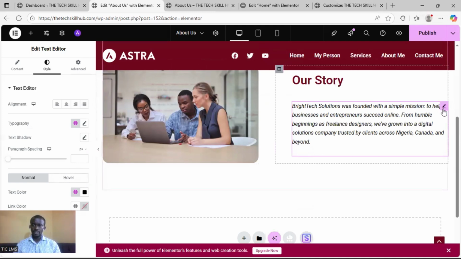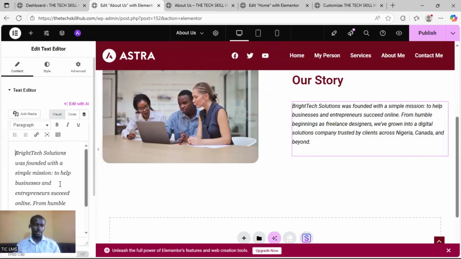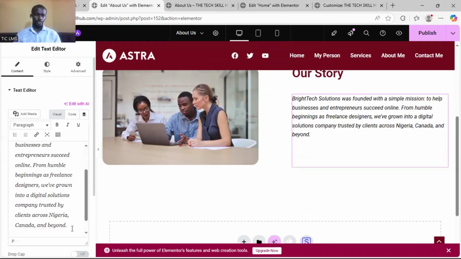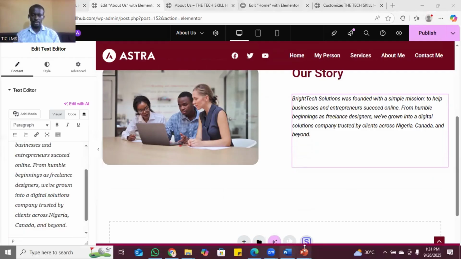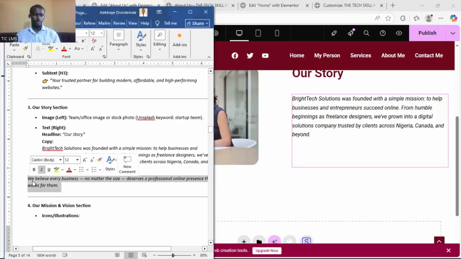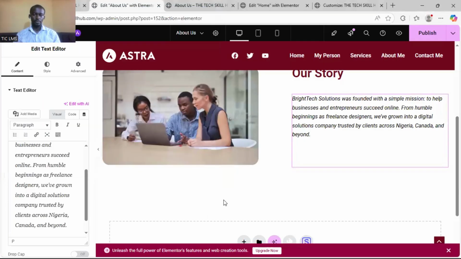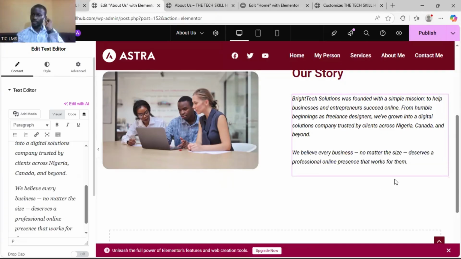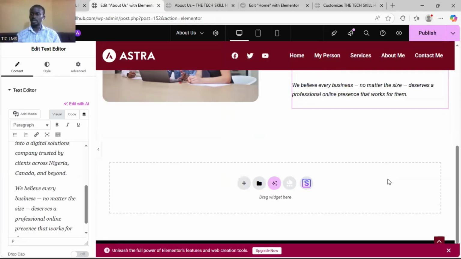We could still add more texts. We still have some more things to add there. So when you go here, yeah, sure, you can add more and do that by coming here. Copy. And then you paste. Okay, so now let's create another section, which is the section that talks about the mission